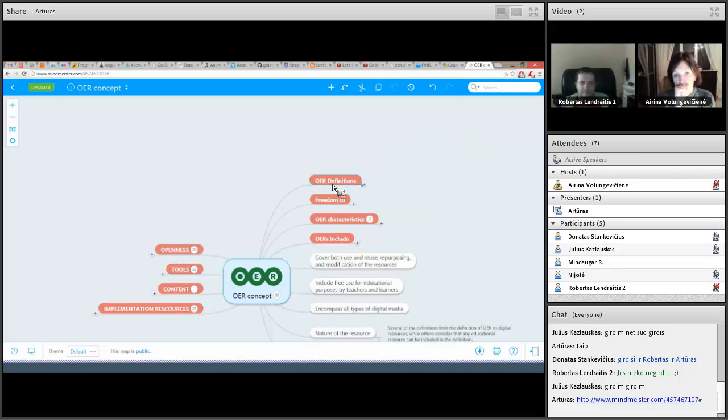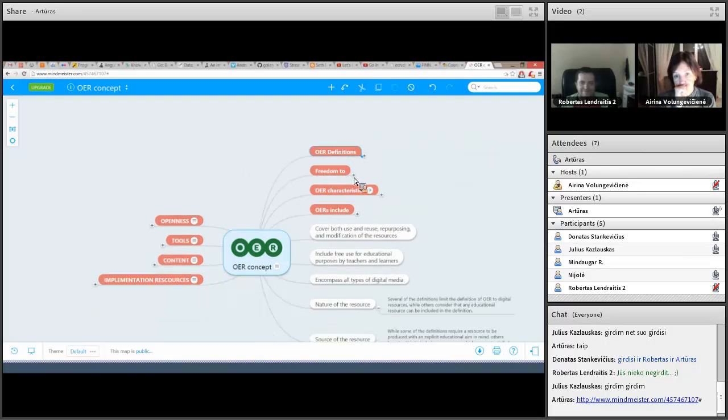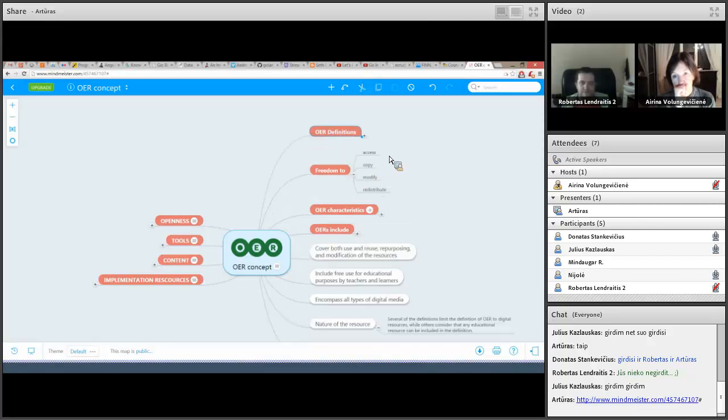Here we're just trying to group what it means in general: freedom to access, freedom to copy, freedom to modify, freedom to distribute. It's just short. We're not sure whether to leave it or delete it.